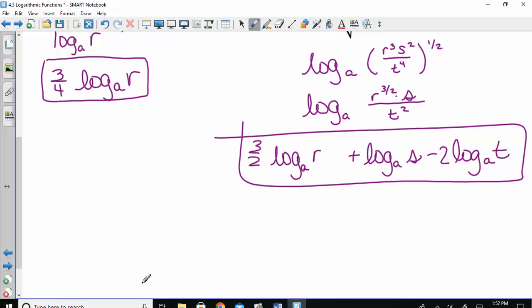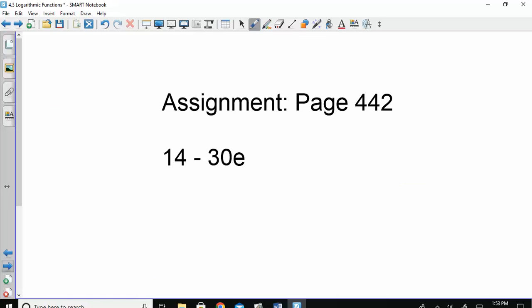So tomorrow, we're going to work a little more with these properties. We're also going to do some review. I'd like to do a quiz on Wednesday over sections 1, 2, and 3. So section 1 was like our inverse stuff. Section 2 is all the exponential equations, and section 3 is the log equations. So that's the plan for the next couple days. So your homework right now, 14